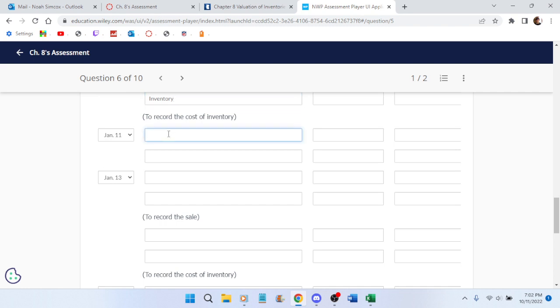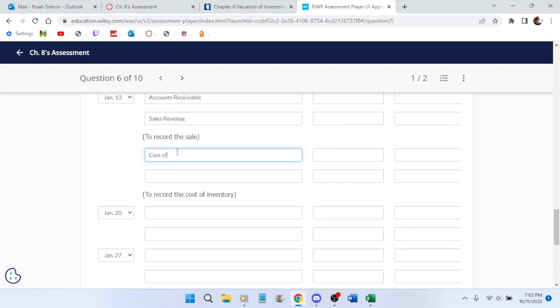So when you purchase, you have inventory and accounts payable, and then recording a sale, accounts receivable, sales, revenue, cost of goods sold, and